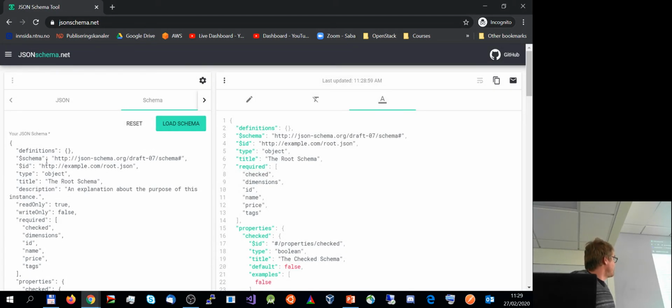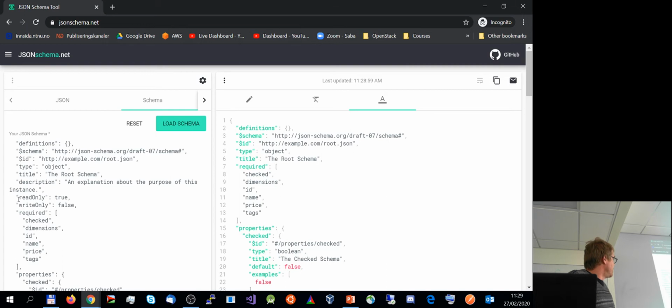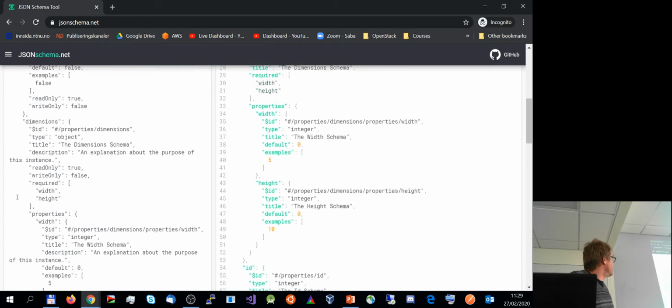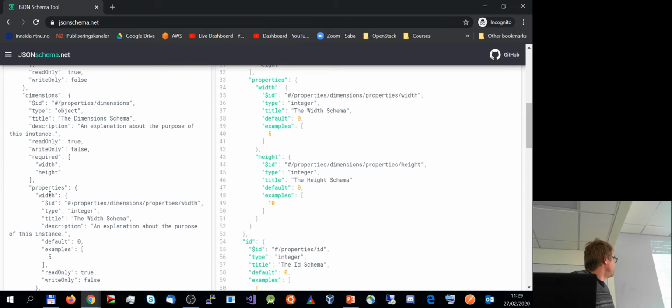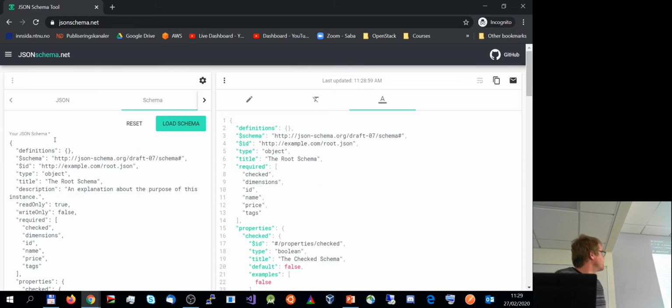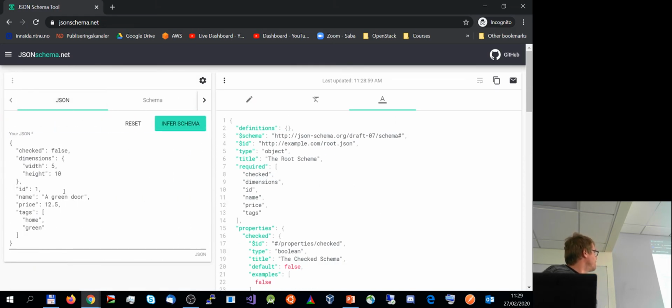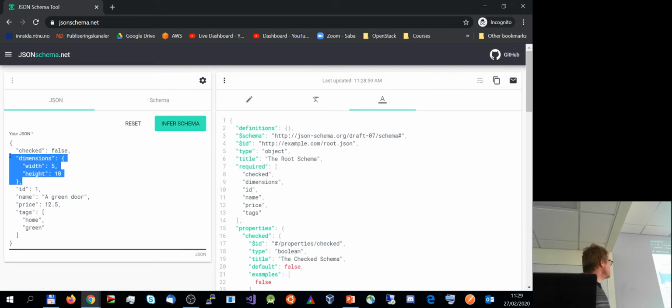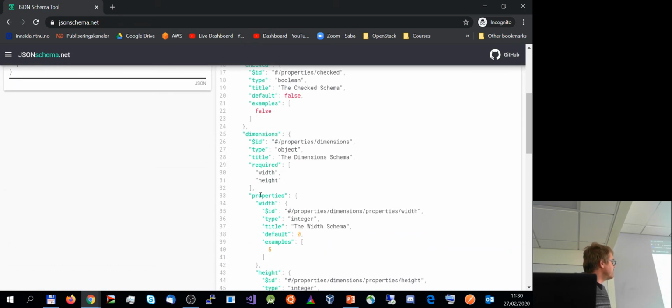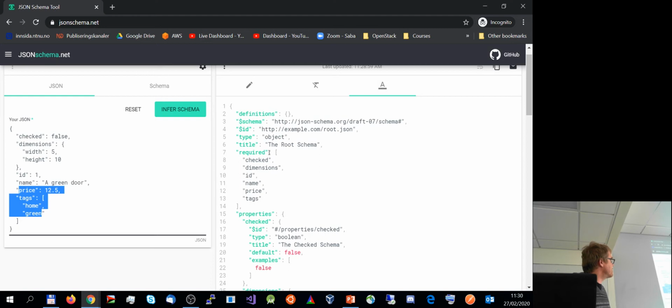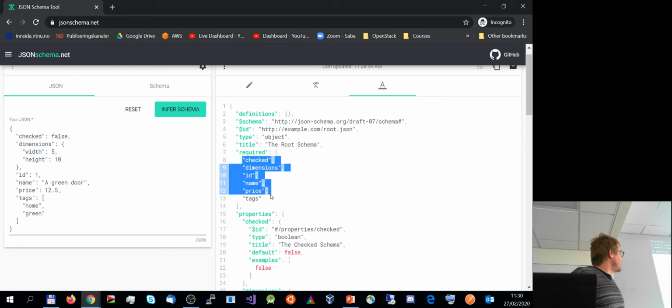So if you have, for example, a very simple, straightforward entity with some, let's not look at the schema, let's look at the example. The entity has some sort of dimensions, a checked flag, an identifier, a name and a price, and so on. This would then be, according to this, the schema specification. So it basically says what is required, what are seemingly required elements, so there's no indication of optionality right now because it's all there.